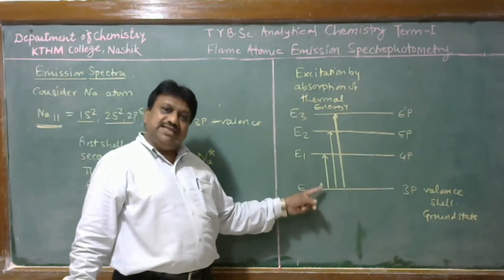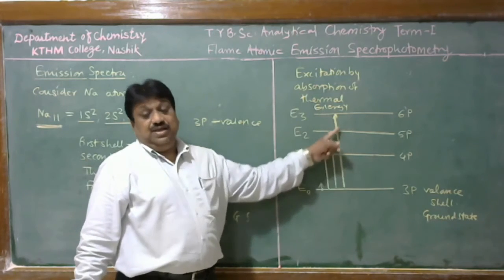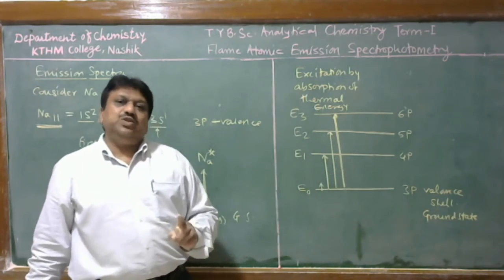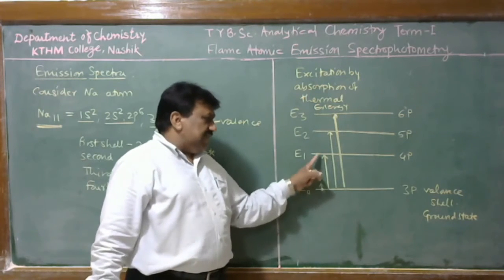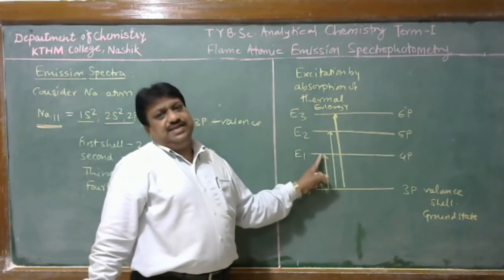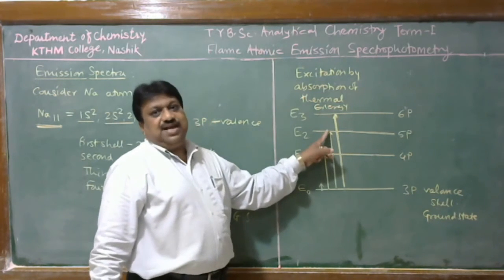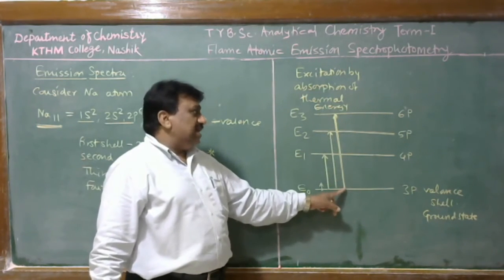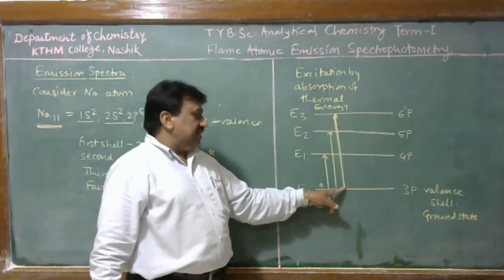A single sodium has a single valence electron. It gives only a single transition, and that transition depends upon the amount of energy available. If less energy is available, this transition can easily occur. If more energy is available, this transition occurs, and if extra or greater energy is available,